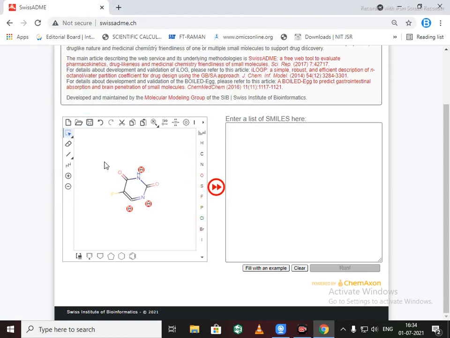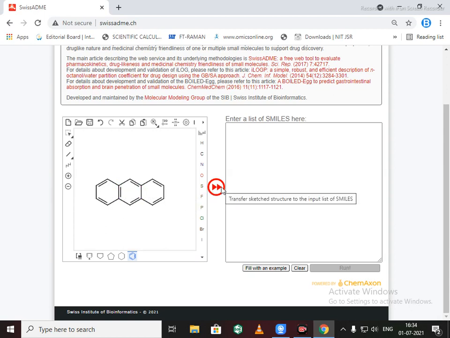Or otherwise, you can draw the structure like this by using this Marvin Sketch. This is a simple structure, and then you can convert the structure into SMILES format by clicking on this arrow.